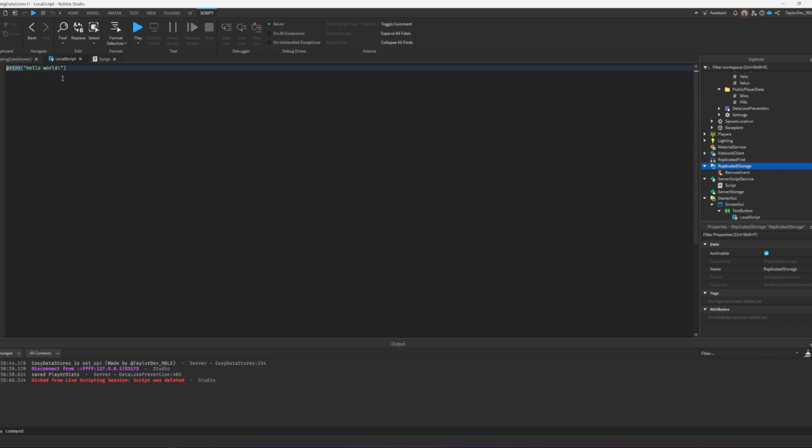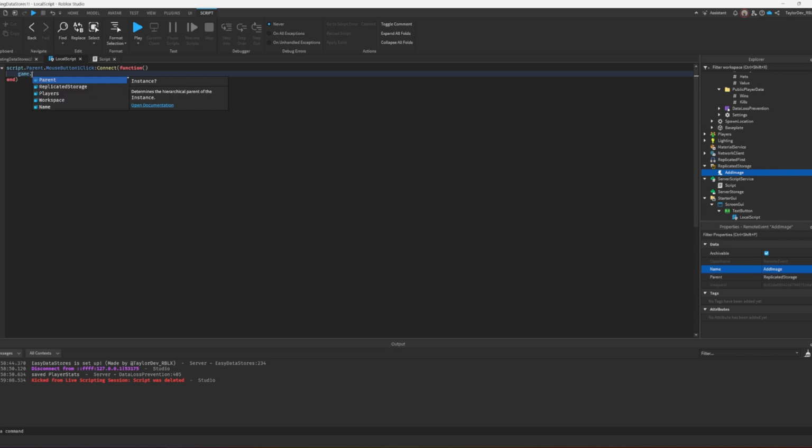So let's say when this button is hit or clicked, script.Parent.OnClick, there we go, connect, function. And as soon as this is done, let's say that it's going to fire this, and we're going to call this add image. So why not? game.ReplicatedStorage.AddImage